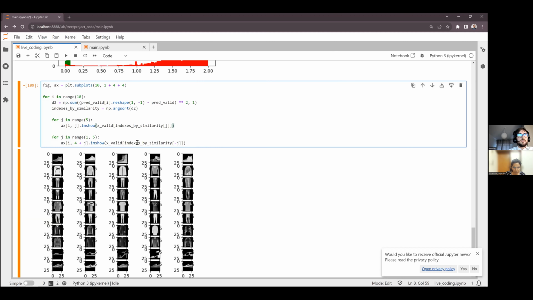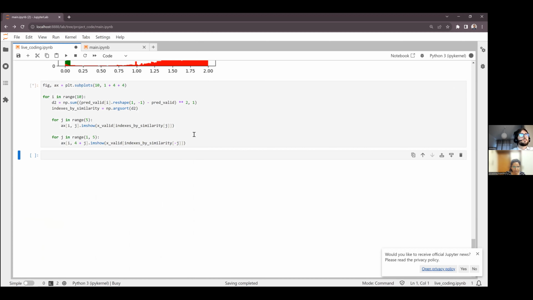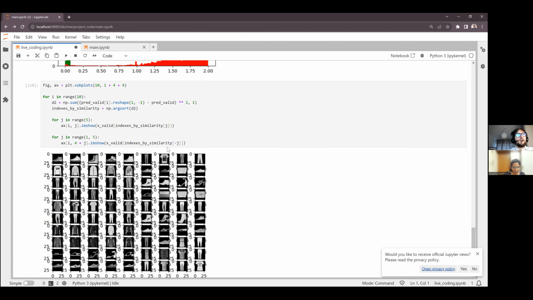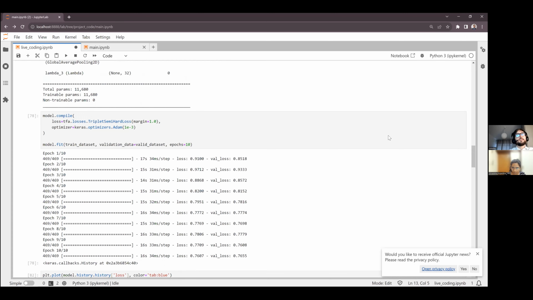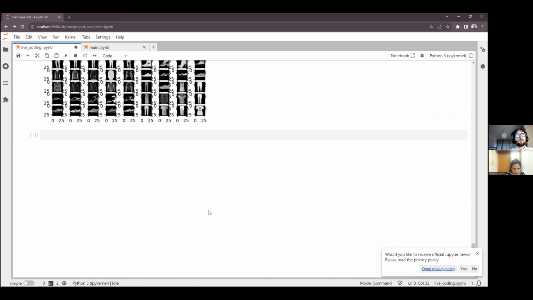Since here we are looking from the tail of the list, we are looking at the items that are the farthest apart from the original image. So let's see what we get. I like it better without all this stuff.